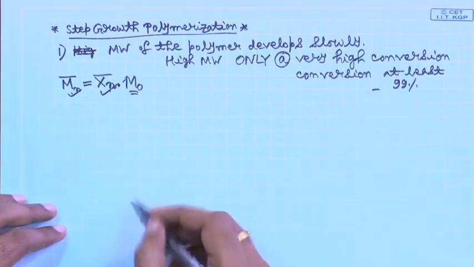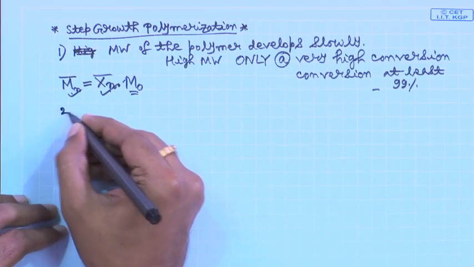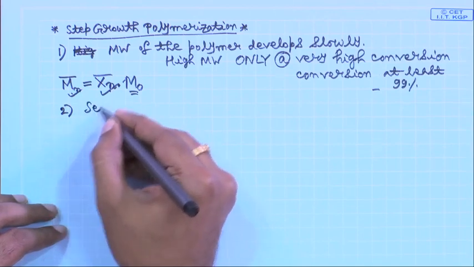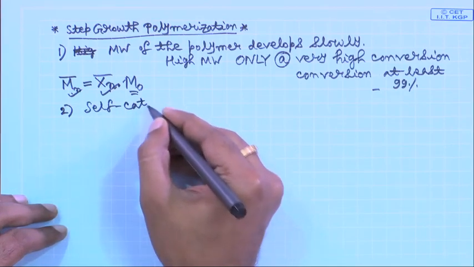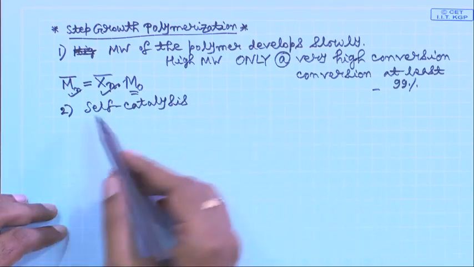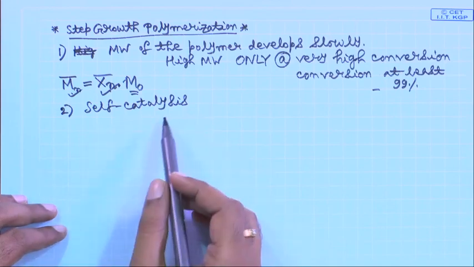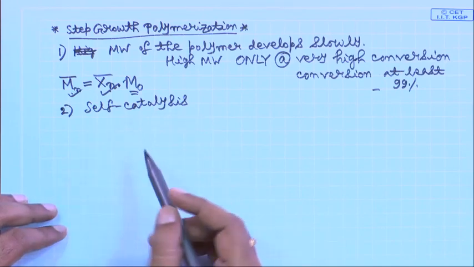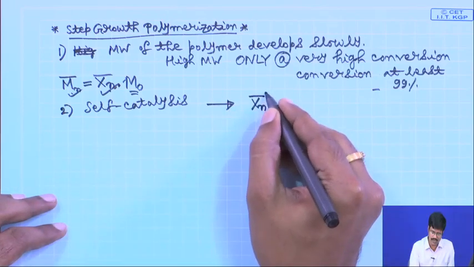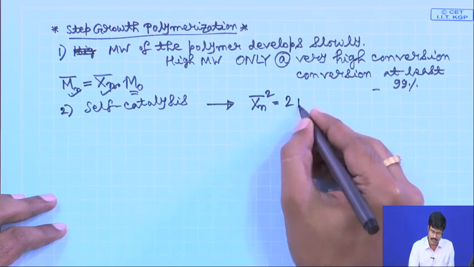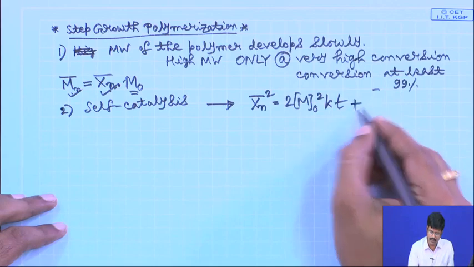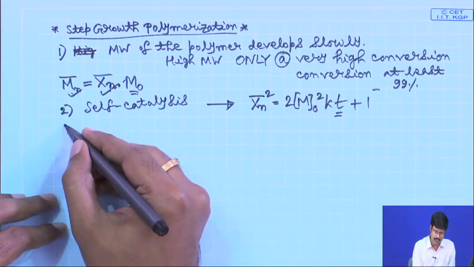These things we discussed, and also what we discussed is that these reactions typically can be done by self catalysis. Say you are reacting a diacid with a diol, you can do a self catalysis, which means the starting acid itself will catalyze the reaction. So, if you are doing a self catalyzed reaction, then your x n bar squared will vary according to this kind of equation with respect to t,